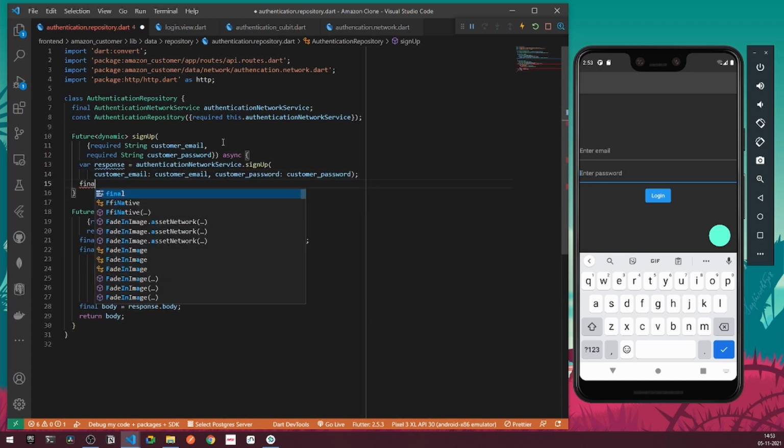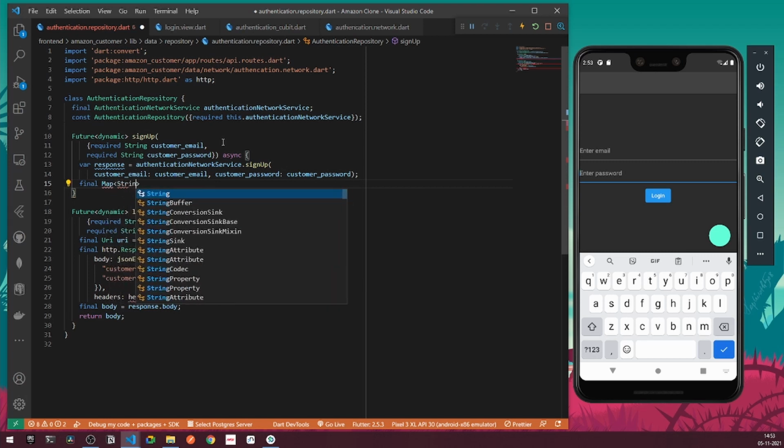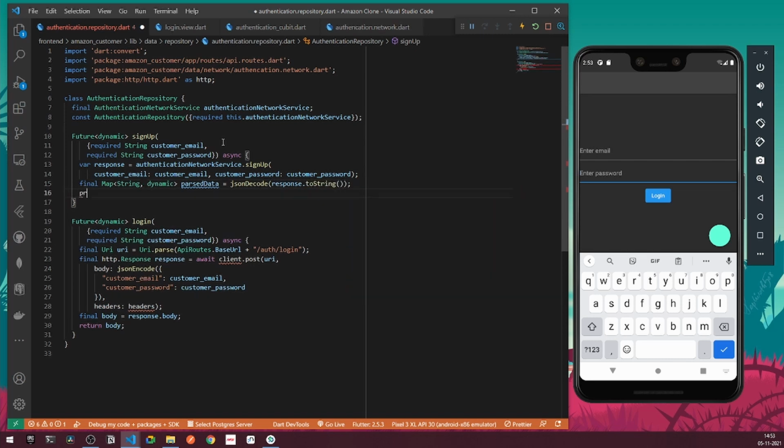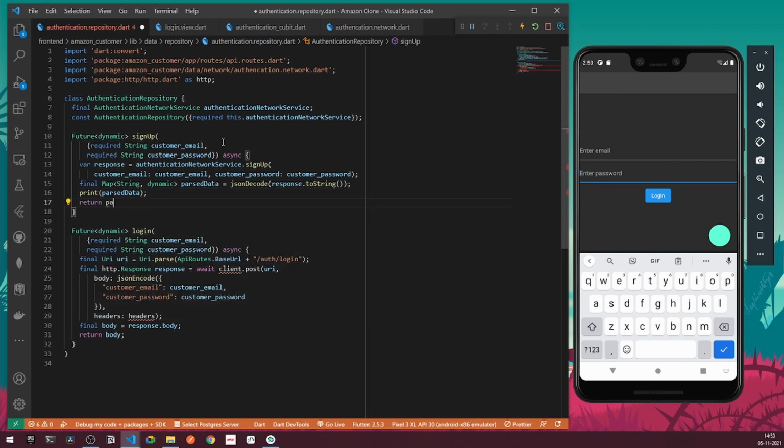So I'll say final Map, String, dynamic of parseData will be equal to jsonDecode, and our value will be response.toString. Right now let's print the parseData, and also return the parseData. And we can execute the same process under our login method.